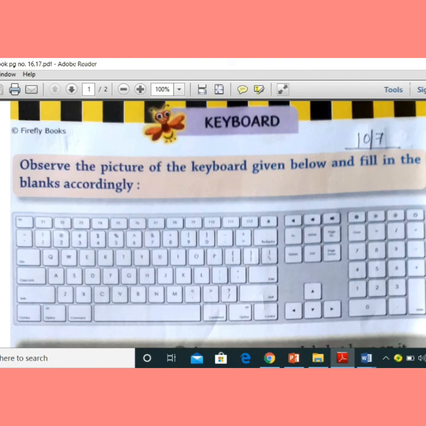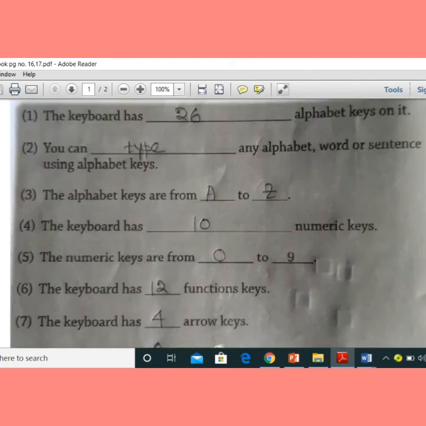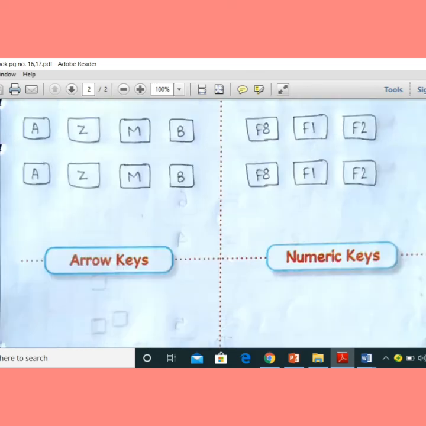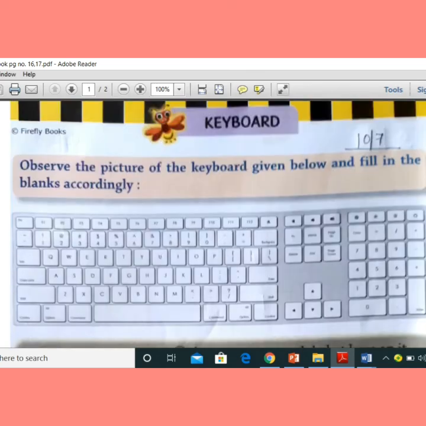Now this is page number 16 and 17 of your skill sheet book. All of you first read the topic. So far I have discussed the function key, enter key, then caps lock key, space bar key and shift key. So all of you read this topic from your computer book and then solve the skill sheet book page number 16 and 17. Now what is the work here? Observe the picture of the keyboard given below and fill